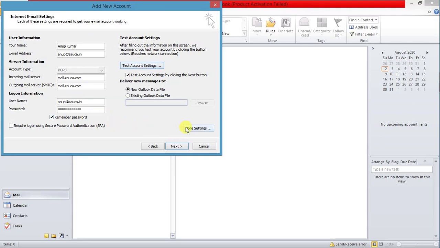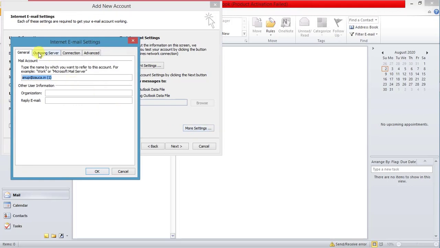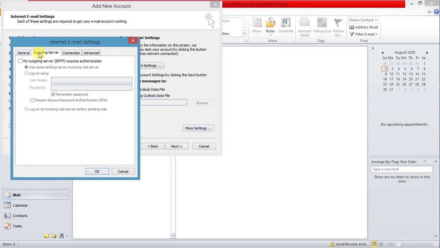So we have checked here, we have entered the right password, and now we have to do something more. Okay, that's a 2-minute task. So after entering the right password, username, and mail ID, you have to click on the More Settings option, and then here is the outgoing tab, because we are getting the error in outgoing. Incoming is connected but outgoing is not. It is asking, my outgoing server requires authentication. So I will keep this on, I will tick it. My outgoing server needs authentication, meaning it needs a login, username and password.